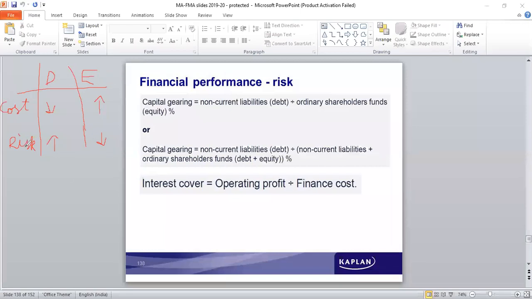So there is a matrix here. There is a 2 by 2 situation which is present. We see if it is debt capital, what is the cost? If it is debt capital, what is the risk? If it is equity capital, what is the cost? What is the risk? So we see there is a set of advantage, there is a set of disadvantage. So in such a situation, what do we see is